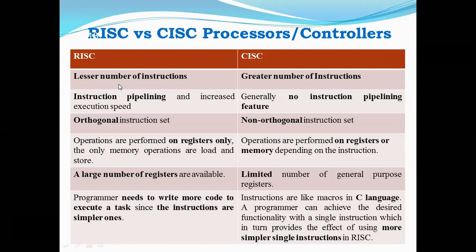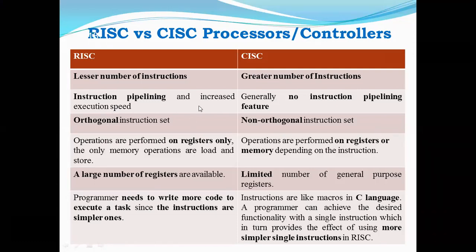So RISC is what you are learning with the ARM processor, right? So that is also RISC, a 32-bit RISC microcontroller. If you see, it requires a lesser number of instructions. Coming to the CISC, used in the desktop, the microprocessor architecture is based on CISC. So it requires more number of instructions. Why? Because more calculations are going on in the system.